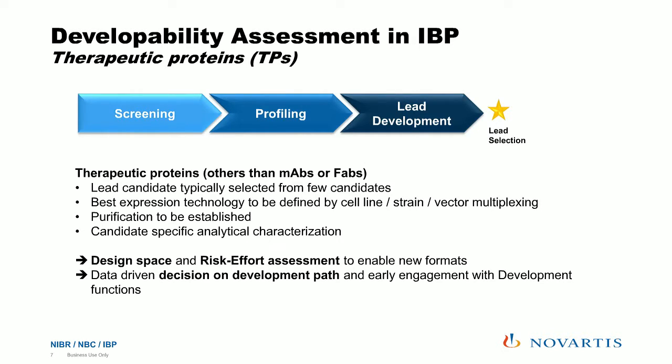Also, the purification process is not standardized, so there's a lot of work that goes into having a meaningful purification process to deliver high-quality material at the end of our process. Along the same line, the formulation development activities as well as the characterization are very candidate-specific and need to be tuned every time. And likewise, here we are not aiming for a platform because there is no platform for the diversity of the different molecules, but we are rather providing a design space and a risk-effort assessment